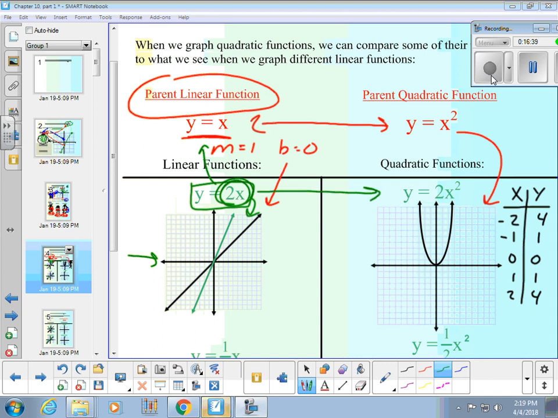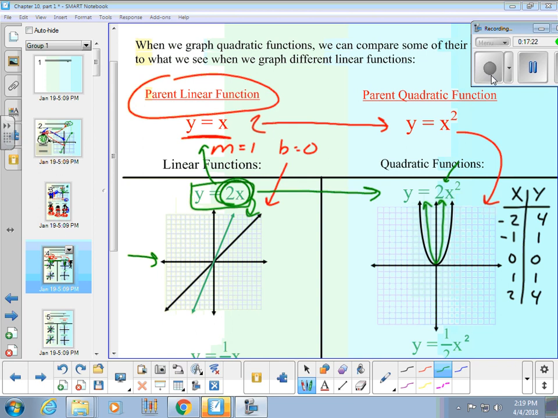Well, guess what? For quadratics, something similar kind of happens. This number isn't exactly the slope per se, but it does tell us kind of how steep our U is going to be. If I have a number like 2x squared, and I put numbers in the table, and we're going to find, again, I'm not going to use the table right now, but just kind of showing you qualitatively what you should expect to happen is I'm going to get a steeper U as well. Now in this case, it's not going up or down, it's just a U shape, so both my lines are going to go up in my U shape, but it's going to get skinnier almost. I'd like to think instead it's getting steeper is probably a better way to describe it. My U is getting